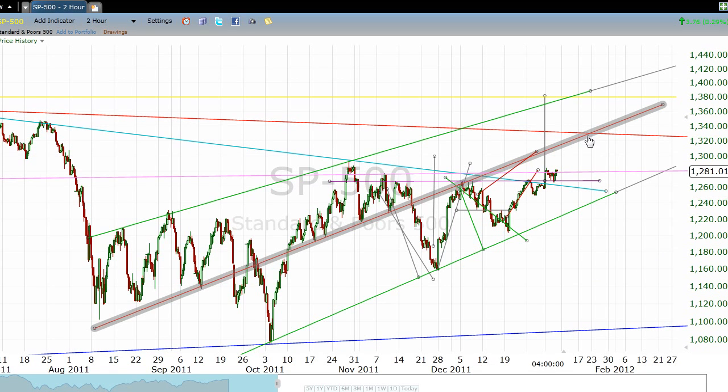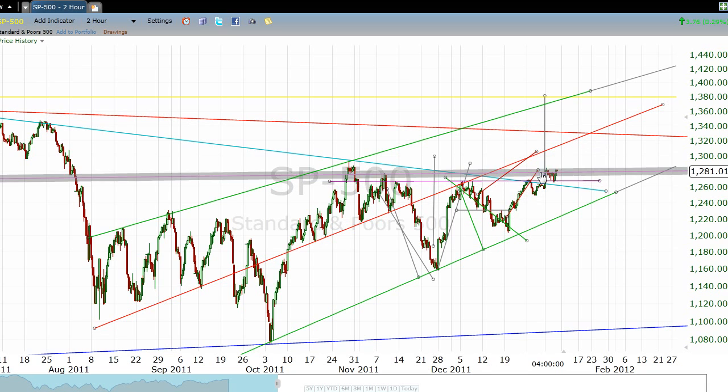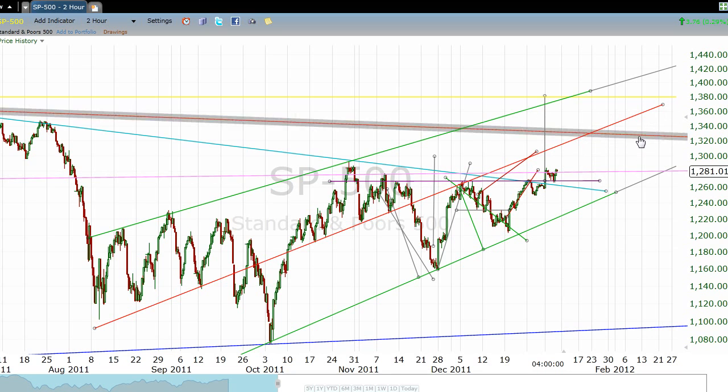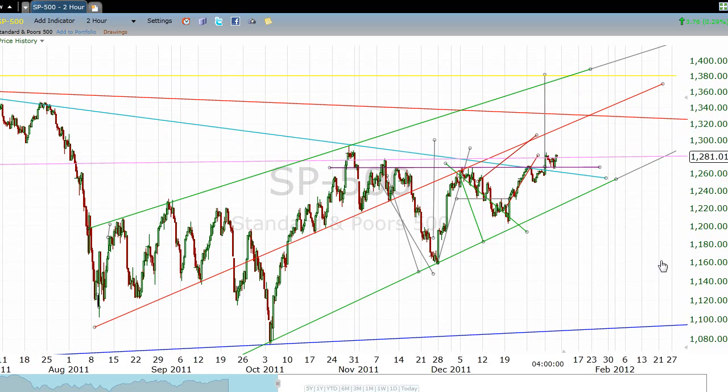But let's just see what happens, guys. Here, inverse head and shoulders, breakout, little pullback. If we have continued strength and trudge on up to over 1,300, then I think eventually we will probably wind our way up. If we can get over this line right here, again, that's going to be the interesting thing. But this pattern has a target of 1380. We got to call it for what it is, and let's just see how it develops over the next day